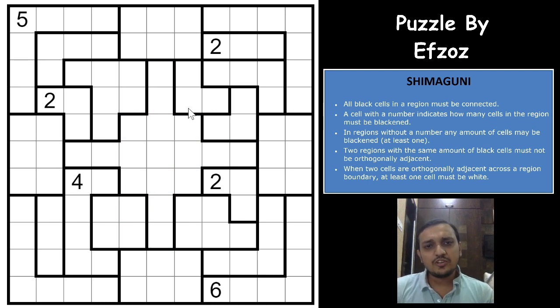So with that, I'll again brief the rules. Within a region, all the shaded cells would have to be connected to each other. The number of black cells in each region has been indicated by the clue, and there is no restriction if there is no number given, and at least one cell will have to be shaded in each region. So there is no such thing that you cannot shade even a single cell here. Two orthogonally touching regions cannot have the same number of black cells, and two black cells of different regions cannot touch each other orthogonally. So these are the rules, not very complicated, but a few extra rules here. So with that, we'll start solving this puzzle.